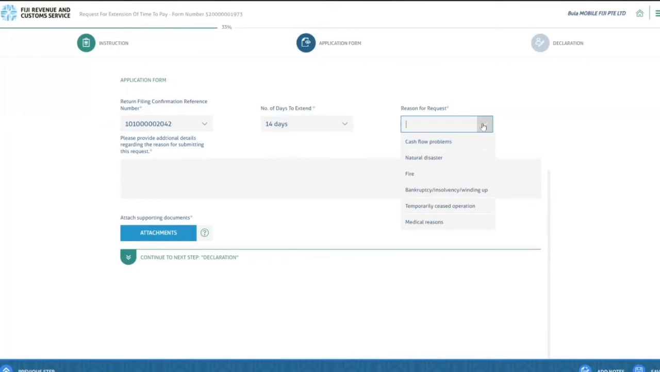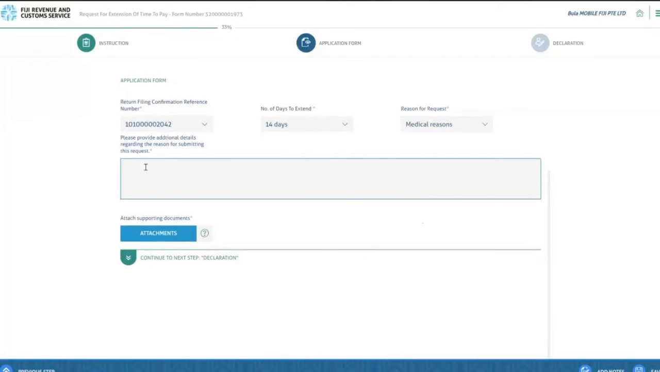For the reasons, there'll be certain tabs that you can select from, but you must bear in mind that you will need to provide evidence on the reason. So I'll select medical reason. So you need to type in the medical reasons. You can mention the medical checkup of one of the directors overseas,